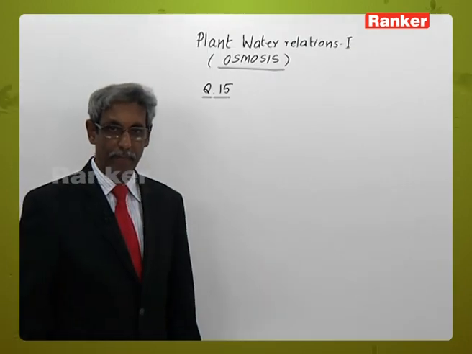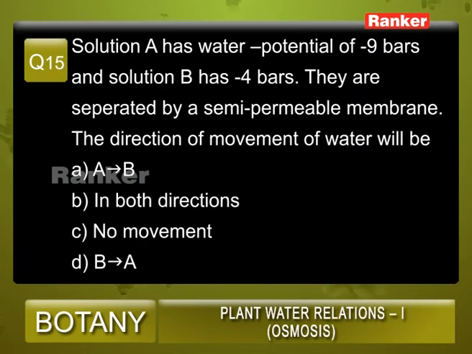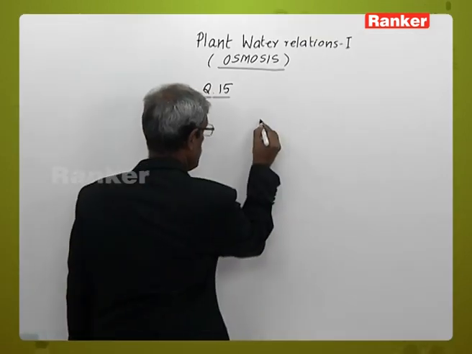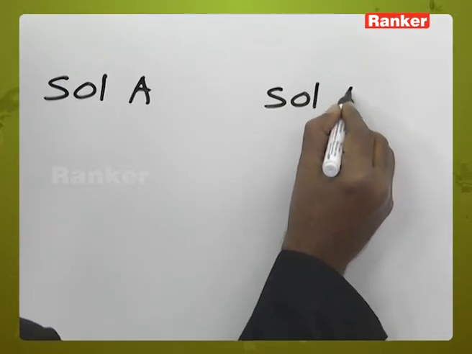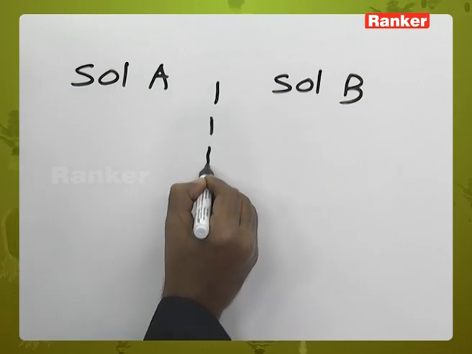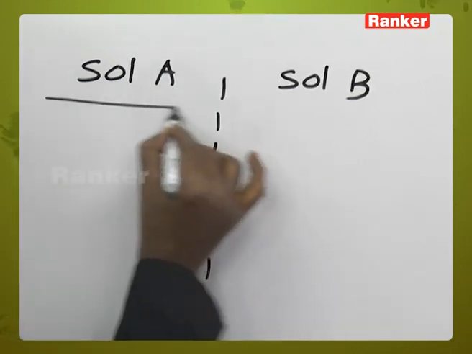Question number 15. Solution A has a water potential of minus 9 bars and solution B has minus 4 bars. They are separated by a semi-permeable membrane. The direction of movement of the water will be A, A to B, B, in both directions, C, no movement, D, B to A. When you take solution A and again solution B, which are separated by a semi-permeable membrane,